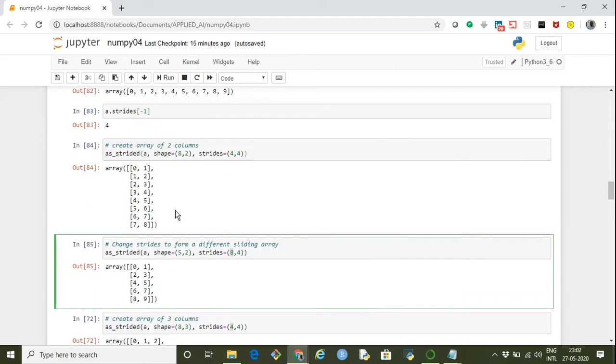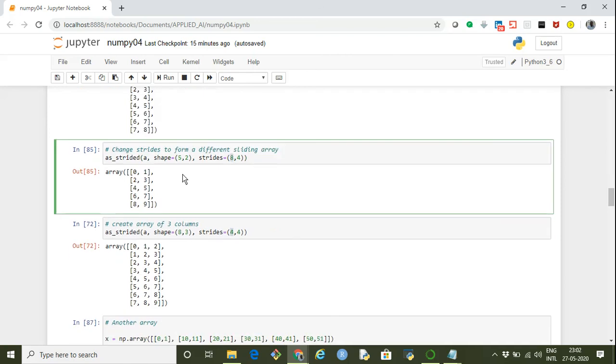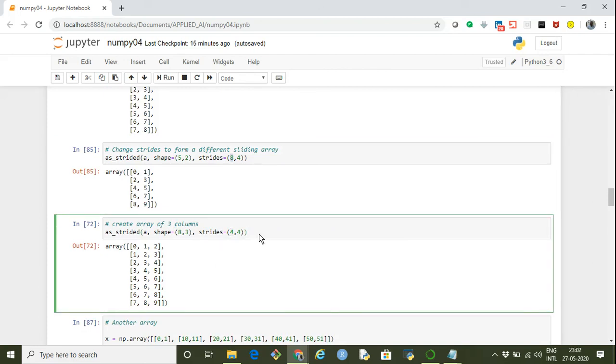Similarly, based on this array, we can create an array of shape 8 comma 3, that is, it has 8 rows and 3 columns. And let's say we give a stride of 4 comma 4. What it means is, within the columns of each row we are just moving to the next element.